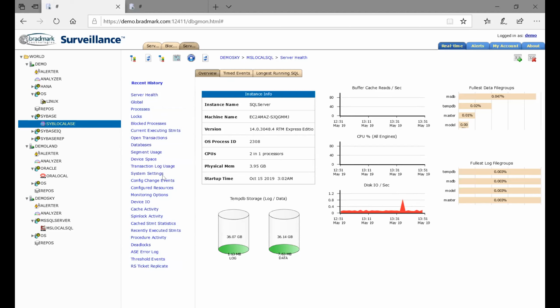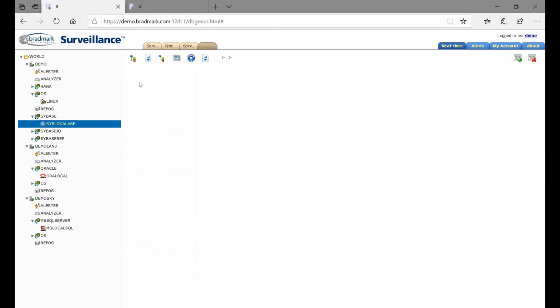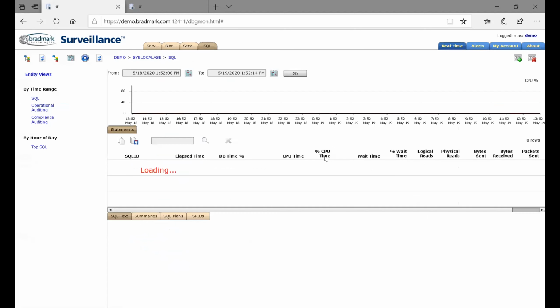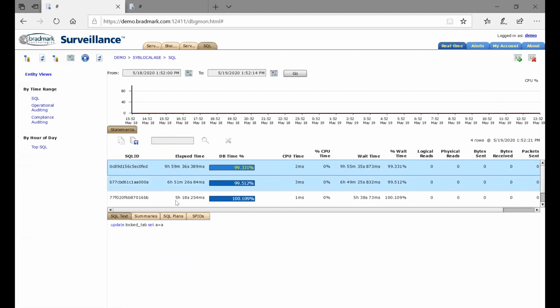And then in addition to that, we have things like recent history. So if I wanted to go investigate, for example, the top SQL in the past 24 hours, I could go over to recent history and take a look at this and see what's going on in the last 24 hours. And you can see here in the last 24 hours, most of the time that's been spent by any query has been one of my blocked queries.